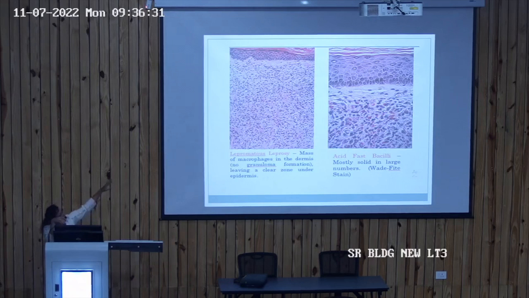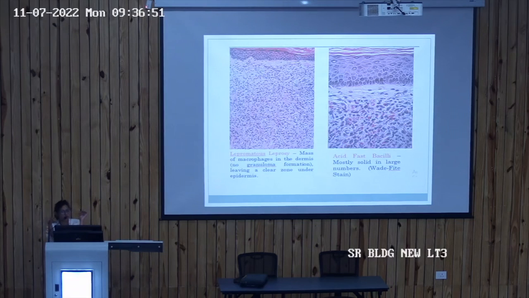So these are all macrophages, and this is an H&E stained section. Okay, and there is that dark epidermis, and below there is dermis, and that is filled with these tiny dots. Can you see? Those are all macrophages. In H&E you cannot see